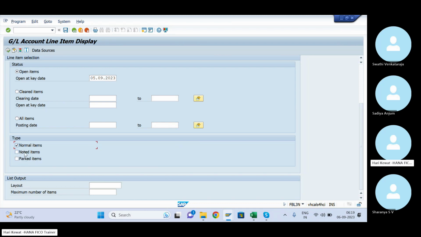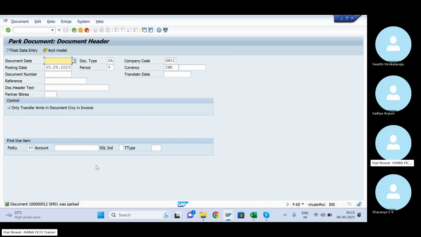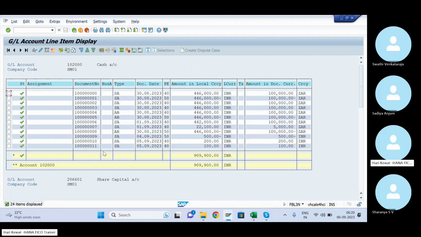We'll discuss what a noted item is later. As of now, parked item. For these two line items, there won't be any accounting entry. For this one only there will be accounting. So first let us check whether any accounting entry came here. Which document? Document 12. See, document 12, which we have posted, is not there. So if the document is not there here, it means there is no accounting entry for this.